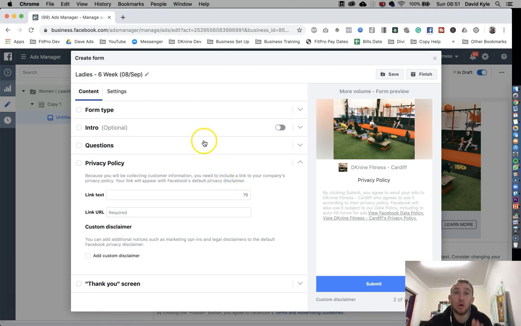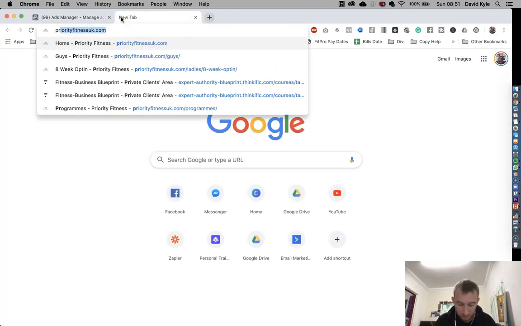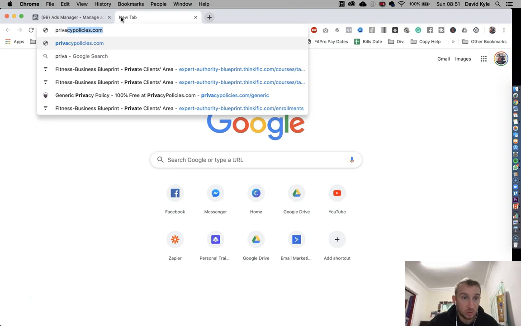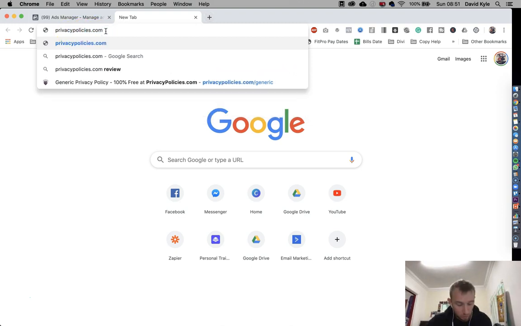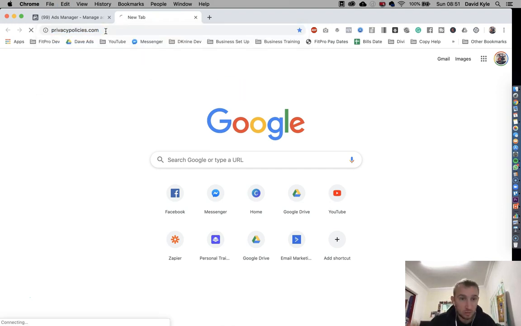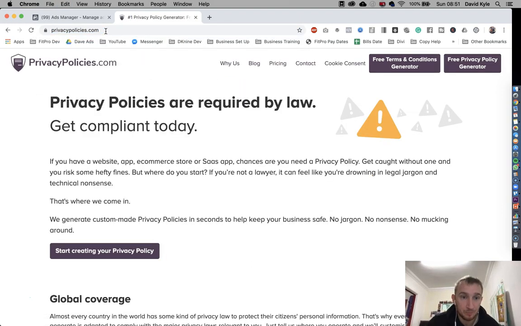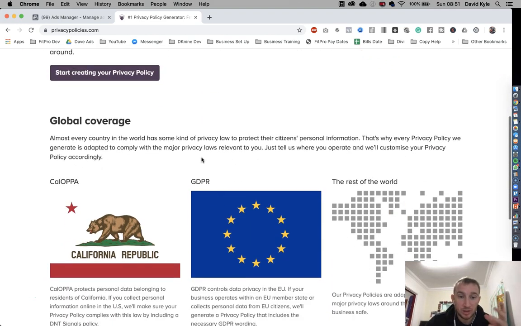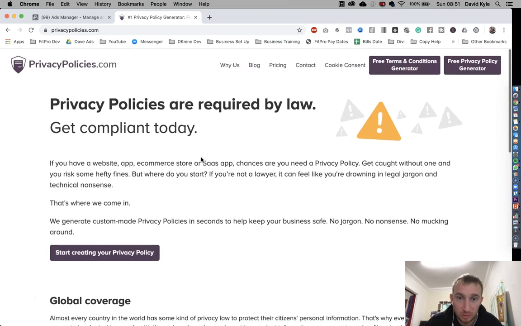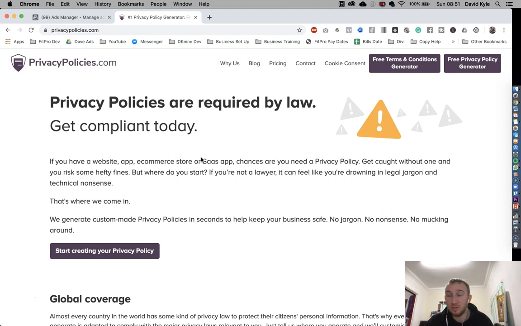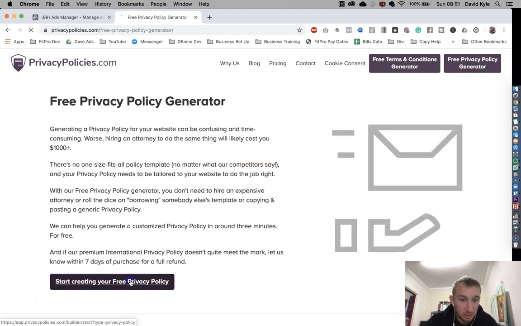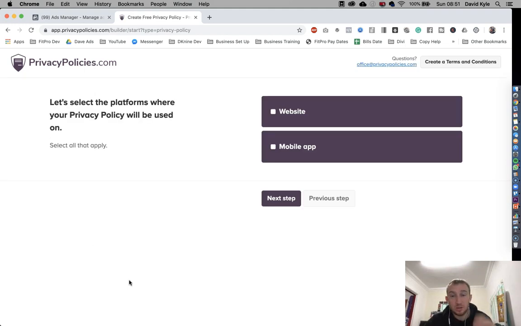So if you haven't got a privacy policy already, you're going to click new tab and we're going to start typing privacy policy, privacypolicies.com. We're going to copy that. Let me just press enter so you can see what it looks like really quickly. So this is basically just telling you that you can create a new privacy policy in here. So you need to find the one. So if we click free privacy policy generator, start creating a new privacy policy,